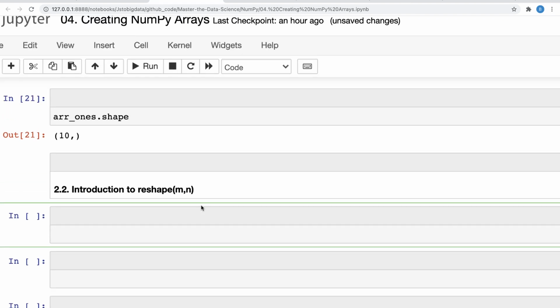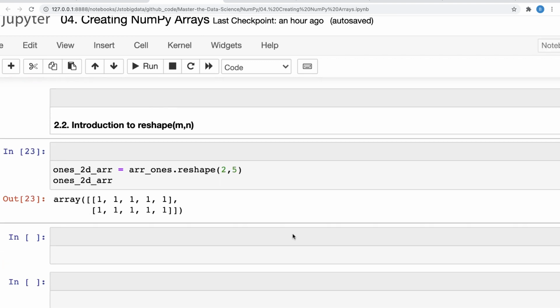So for now, let's say you have this array, and you want to convert it into, let's say, a 2 by 5 matrix. How can we do that? Again, I'm just giving these names for learning purposes, but in the real world you would use something better. It's array ones dot reshape. Remember the function reshape, and we want it of the shape 2 by 5, and you can just print it.